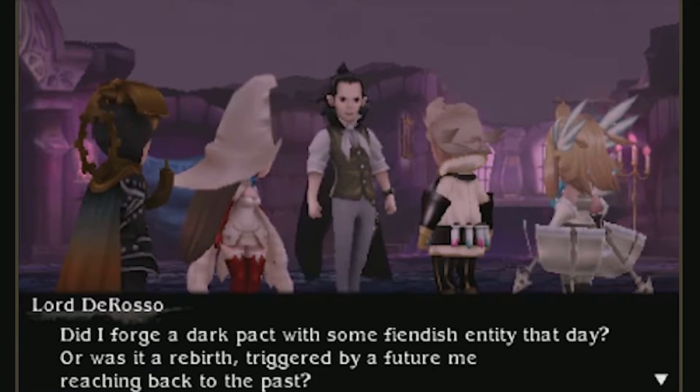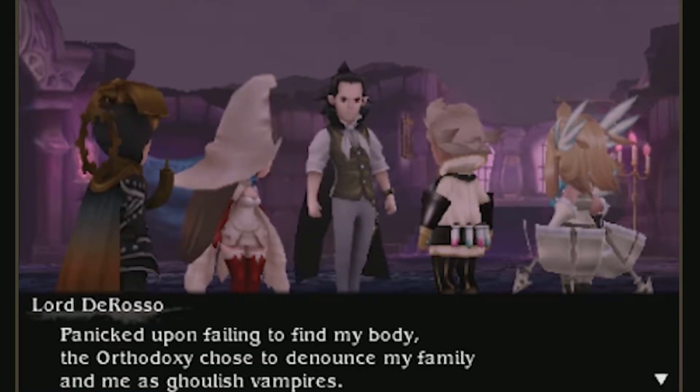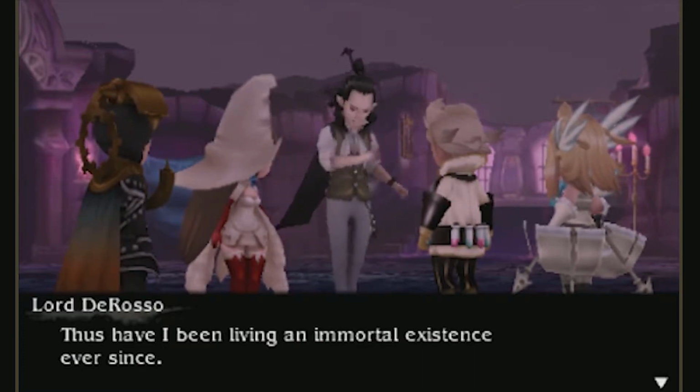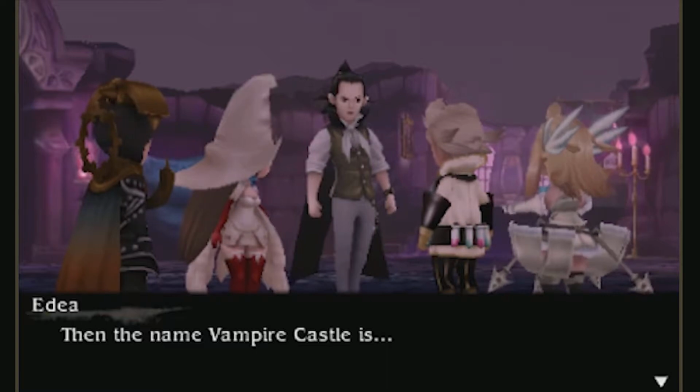Did I forge a dark pact with some fiendish entity that day? Or was it a rebirth, triggered by a future me reaching back to the past? Panicked upon failing to find my body, the Orthodoxy chose to denounce my family and me as ghoulish vampires. Thus have I been living in a mortal existence ever since. Then the name Vampire Castle is...